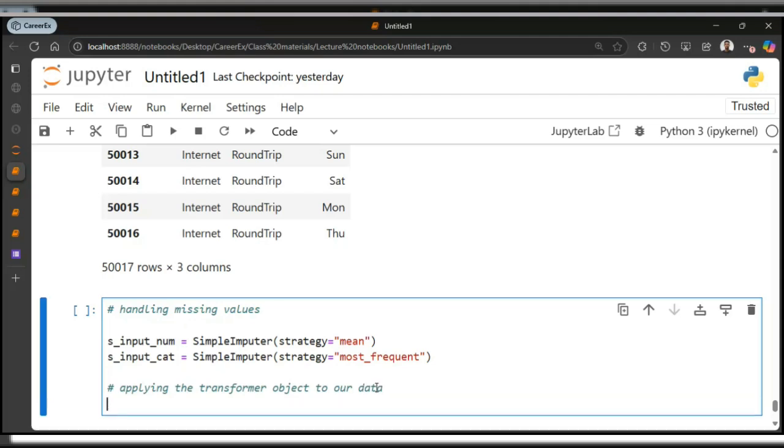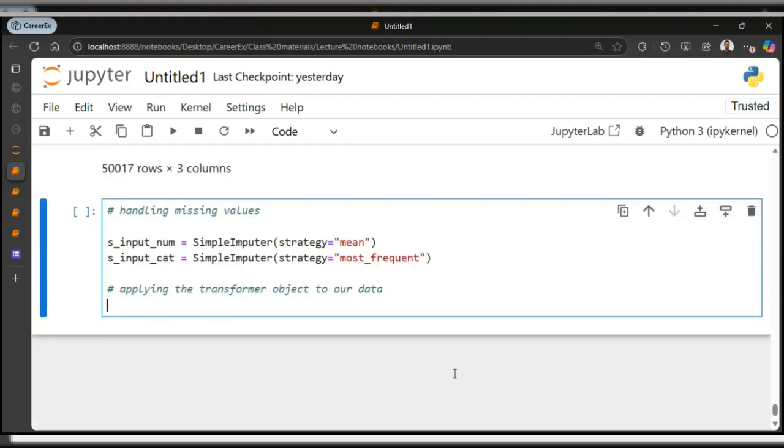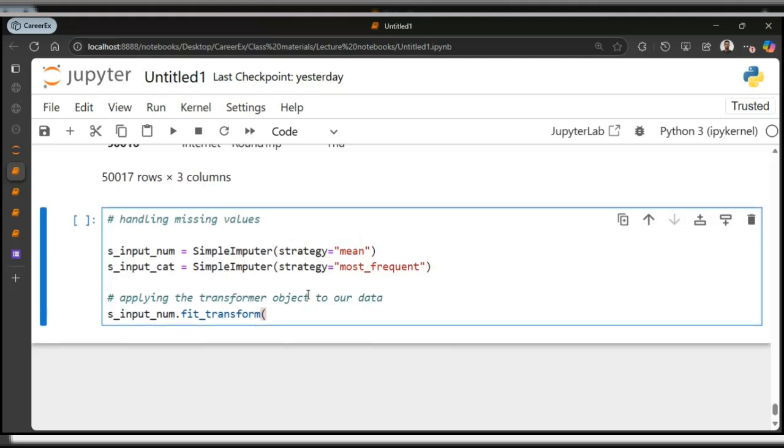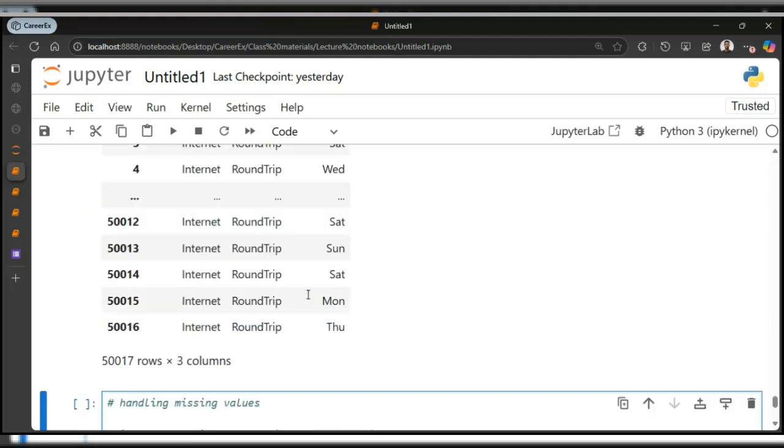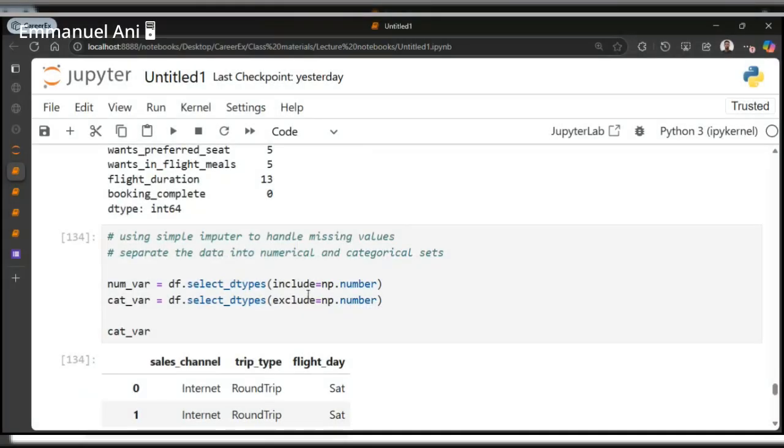So for the numerical data, we can just say s.impute num.fit_transform. I'm using fit transform at the same time. What was that again? Number. Okay, number.